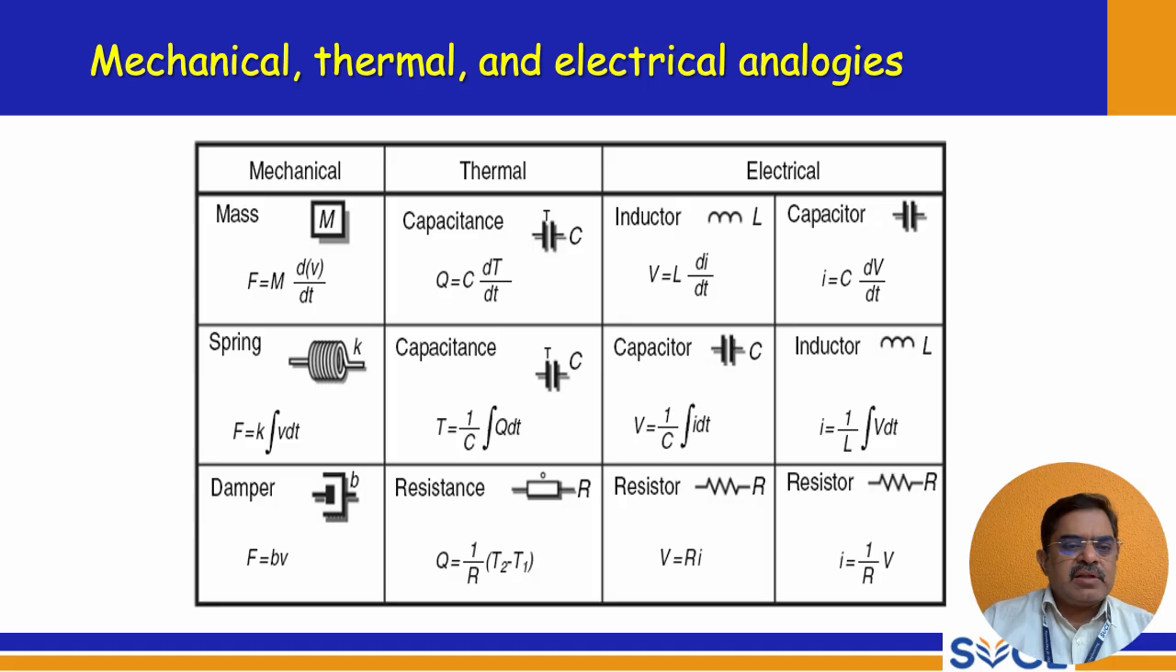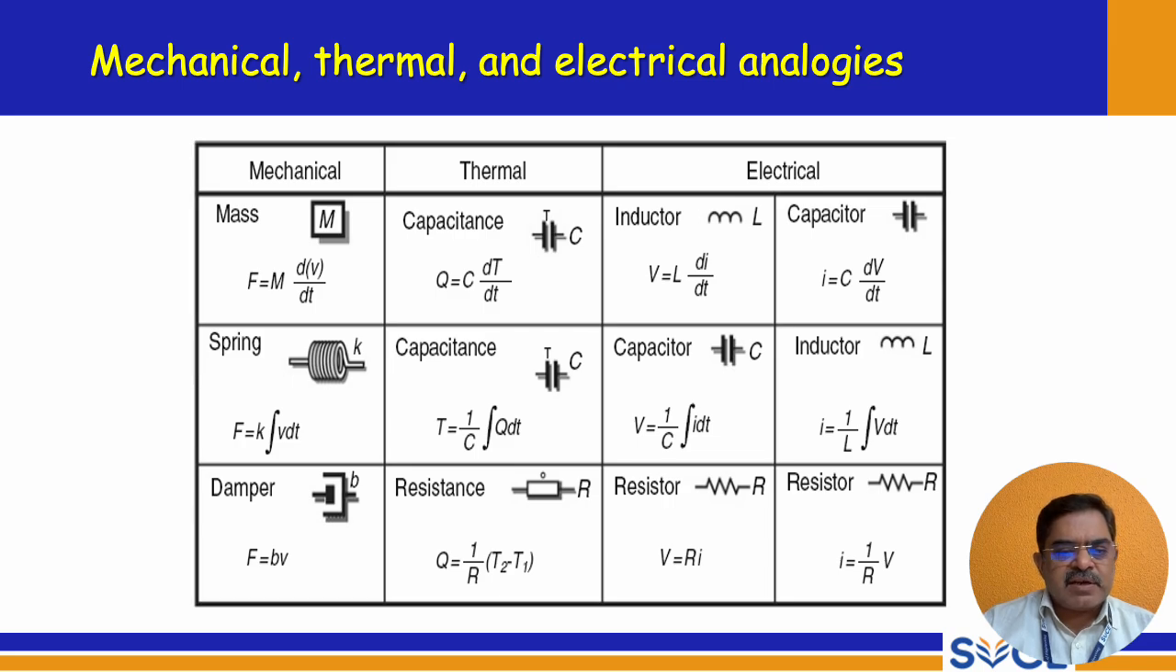So here the mechanical, thermal, and electrical analogies I wanted to present. For mass, F equal to m dv by dt, and the equivalent thermal element is thermal capacitance, Q equal to C dT by dt. Whereas in electrical it is inductor and capacitor, and for spring it is capacitance in case of thermal as